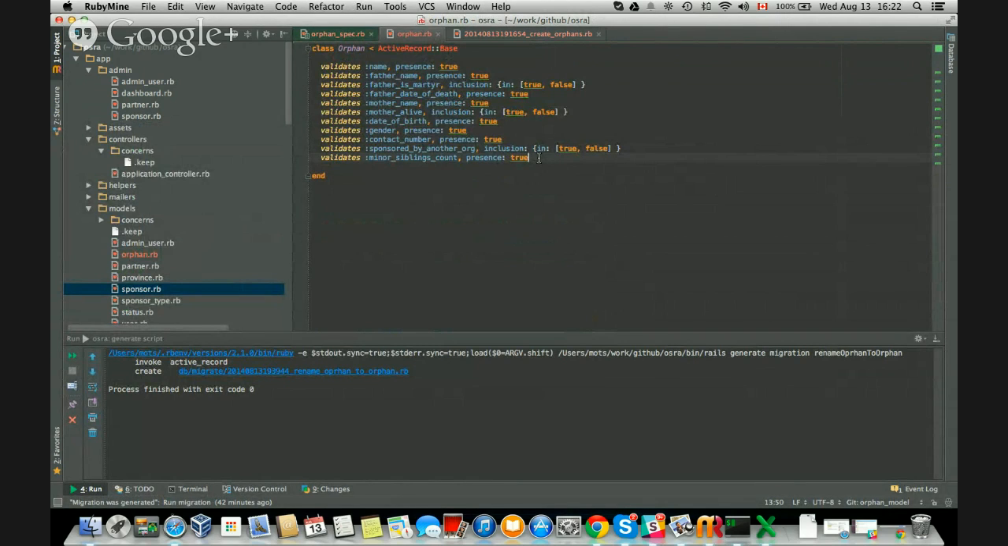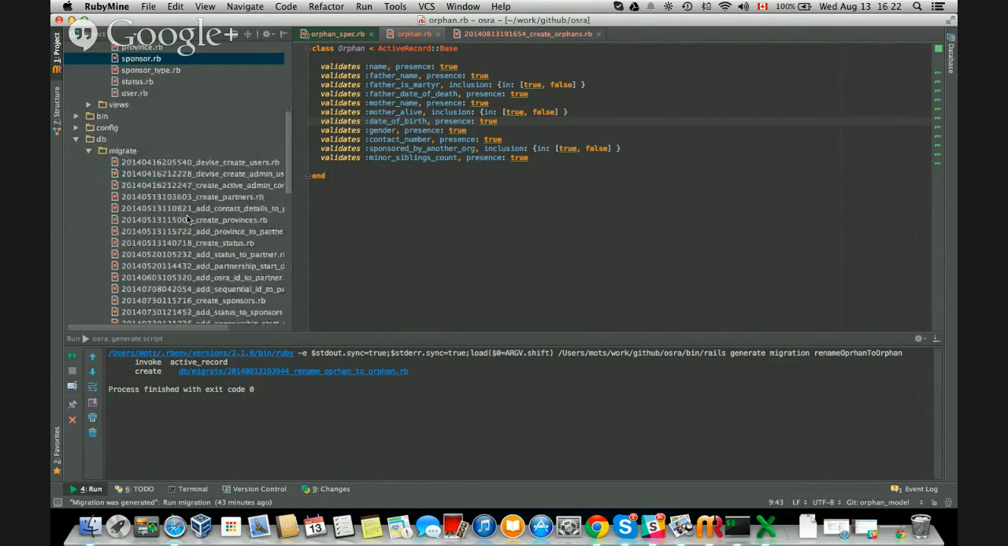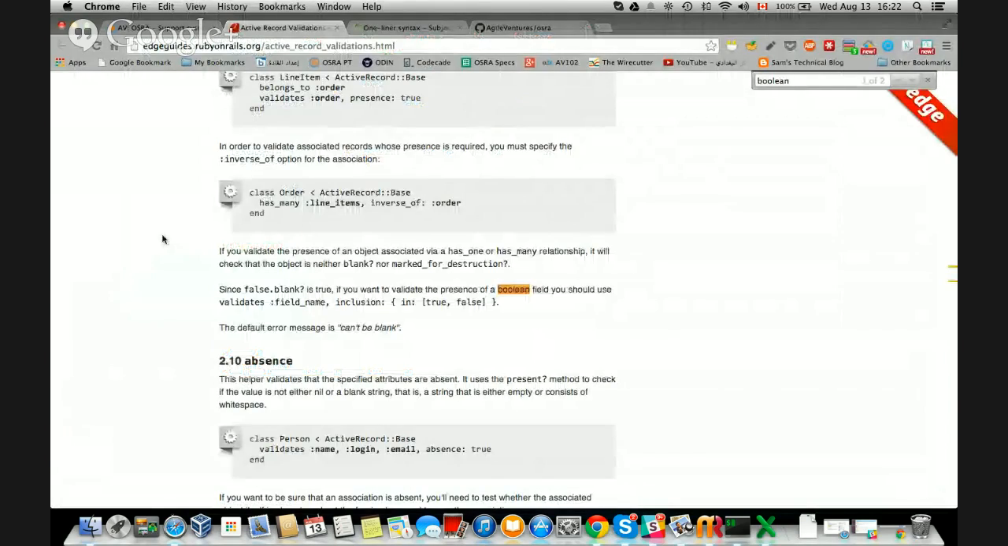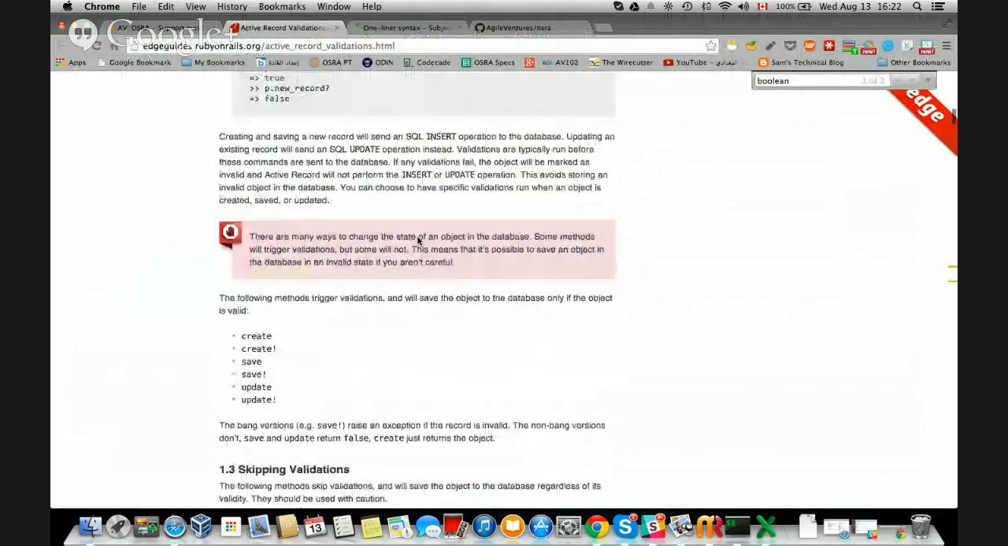So maybe we need to add also a test that says this is an integer, and a test that says this is a date. What is a date? This is date of birth. If you look back at the active record validation page we've just been on, and you go to section 2.8 numericality,